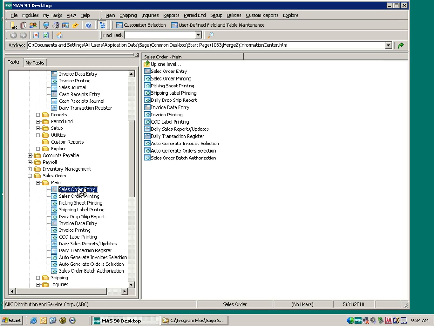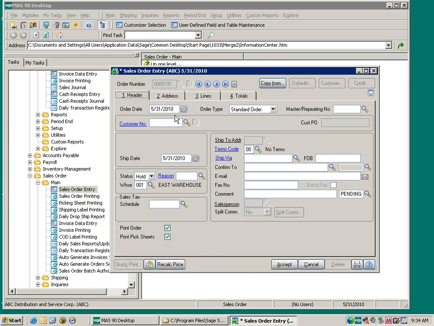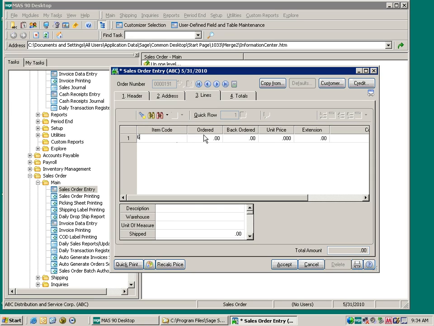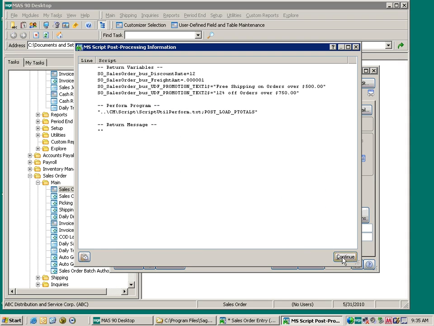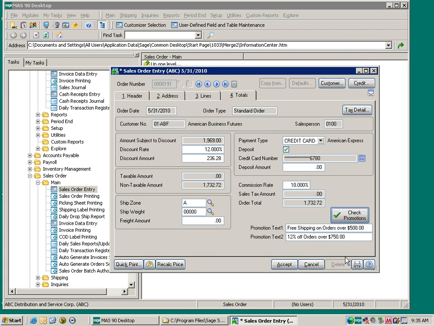Okay, so let's go ahead and run this and see what we got. And we'll give it a freight. Okay, so now when I hit my check promotions, there's my debug. Here's what's coming back. I got my discount rate at 12. It says free shipping on orders over $500, 12% off orders over $750, because that's what he was for. And so now we got the information populated on my